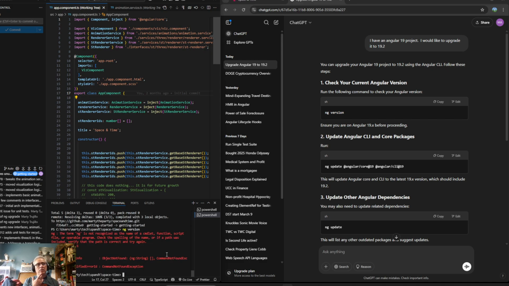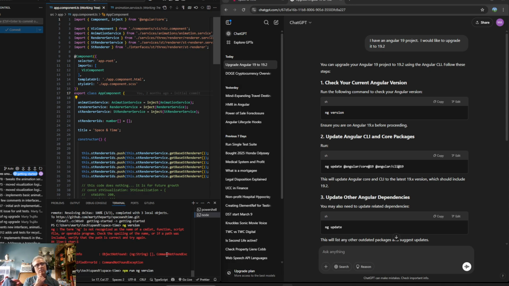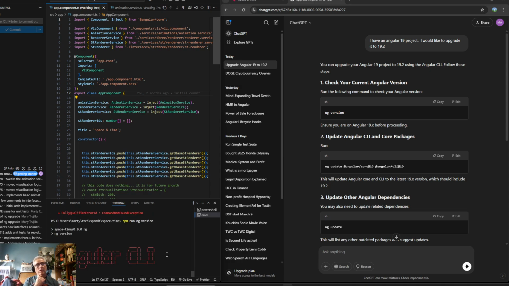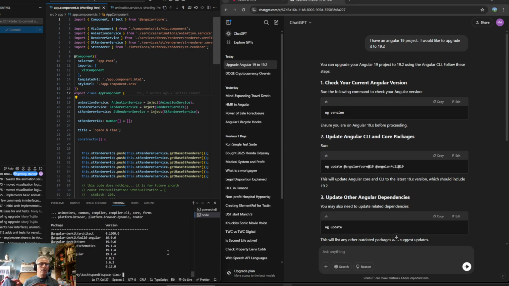Just double check. So I can run npm run ng version. I think ng is in there. There we go. Yeah, 19.0.6. Oh, but see, actually, I'm in 19.1. I thought I was at 19.1, but